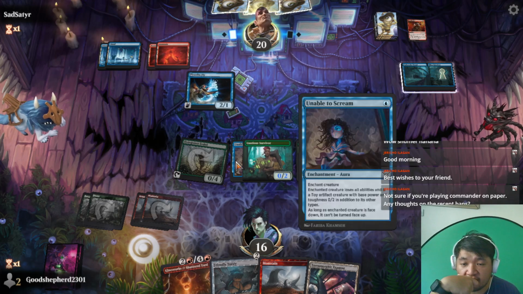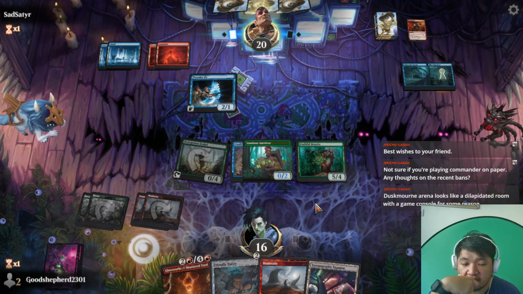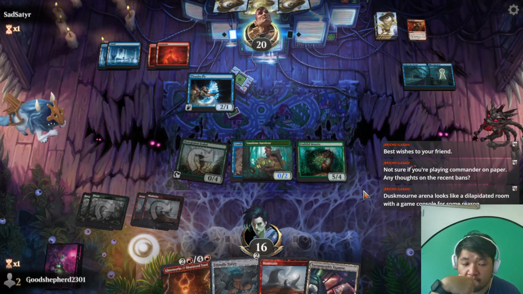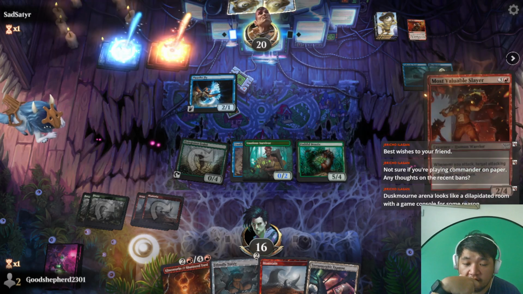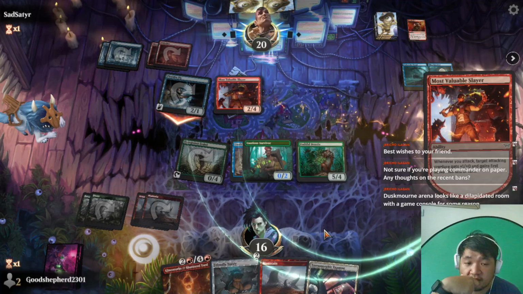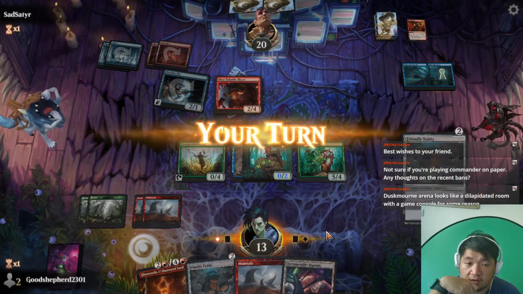We actually have like 3 copies of this in our pool. Duskmourn Arena looks like a dilapidated room with a game console for some reason. In other words, it looks like someone's basement, I suppose. Okay, now we have a use for our